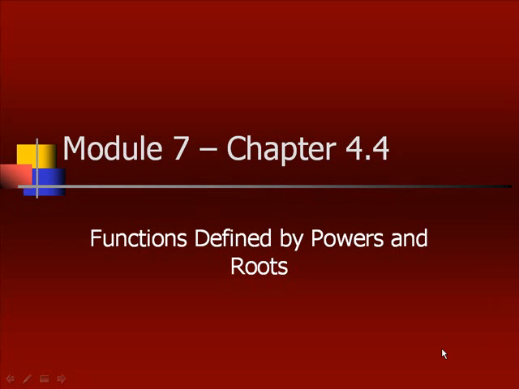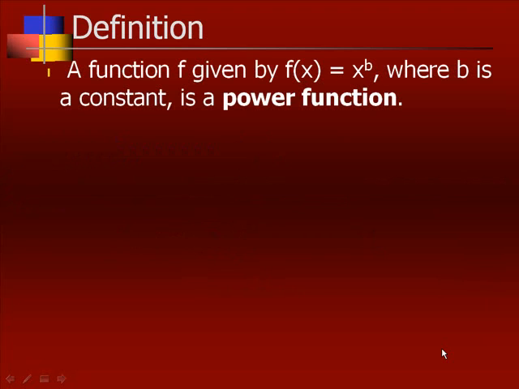Module 7, Chapter 4.4 and 4.5. Chapter 4.4 is functions defined by powers and roots. A function f given by f of x equals x to the b, where b is a constant, is a